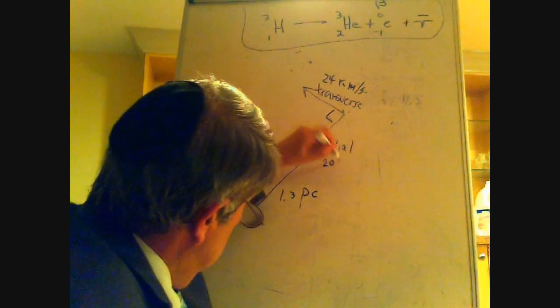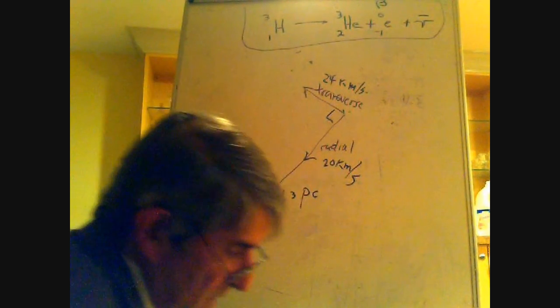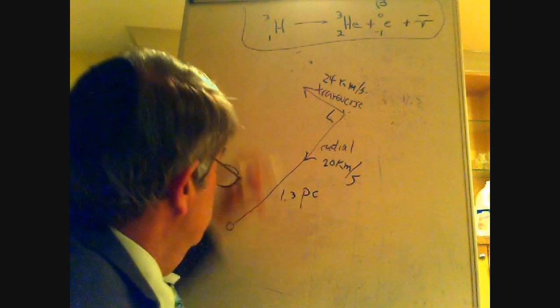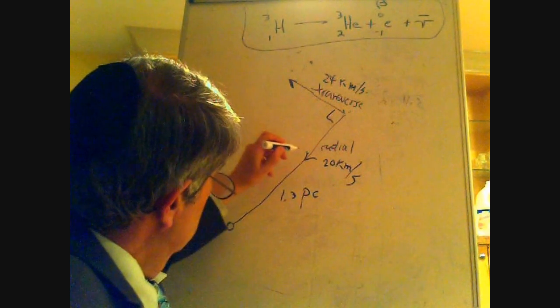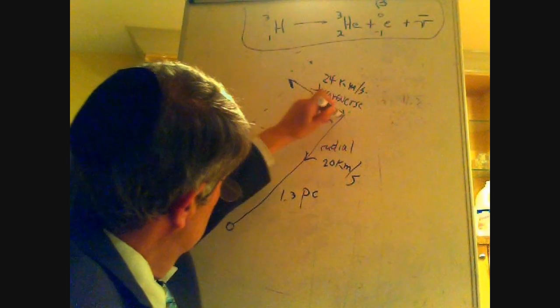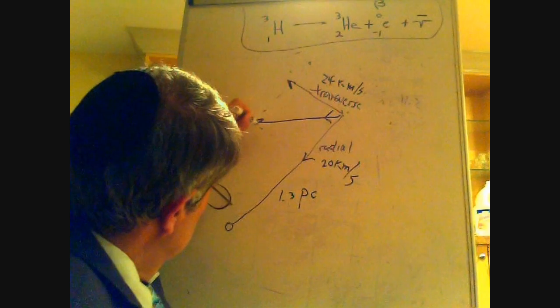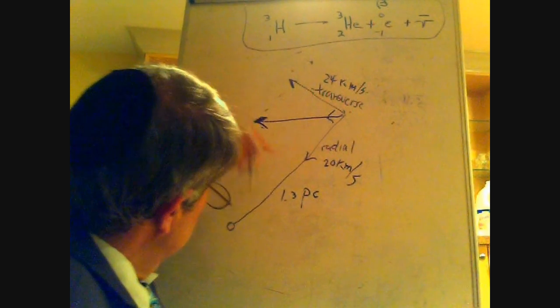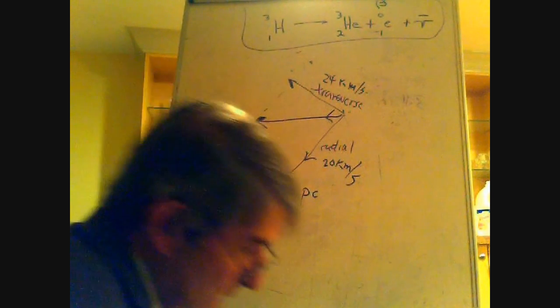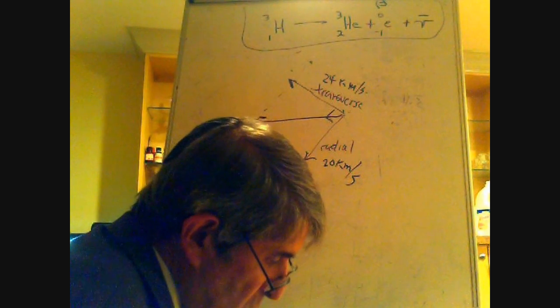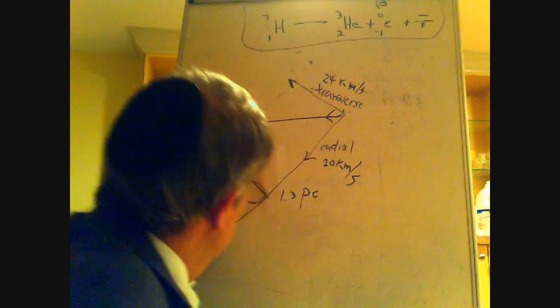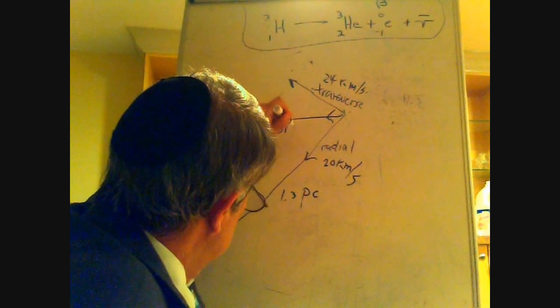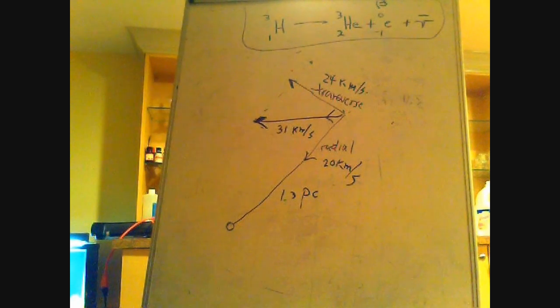kilometers per second. Well, those of you that have had physics realize that this then reduces to a simple vector problem. Then I know that the vector sum of those is going to be out here somewhere, and I can do this using either trigonometry or just geometry. And the vector sum, which is actually the true motion, turns out to be 31 kilometers per second in this direction. So that's how I can use a little elementary physics and what I'm observing to find the true motion